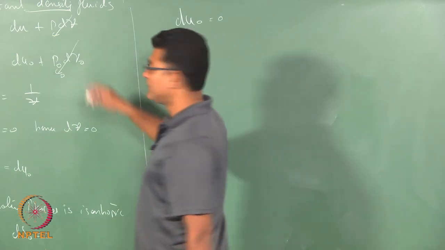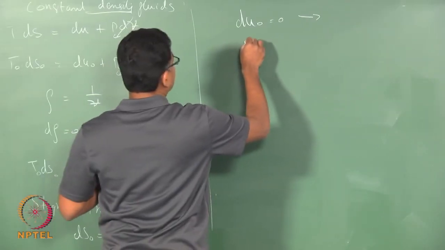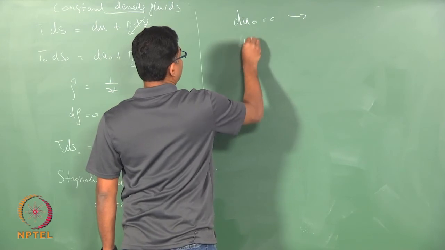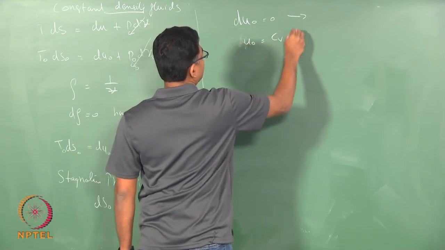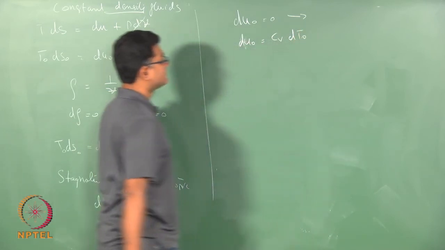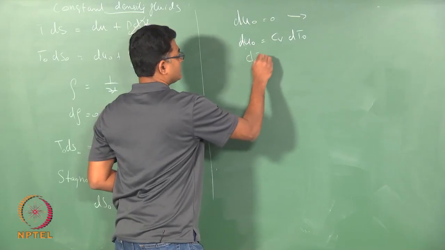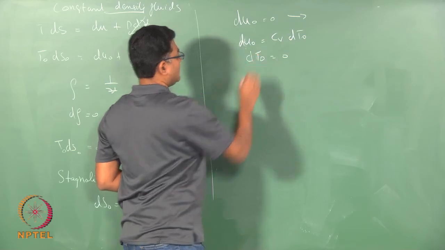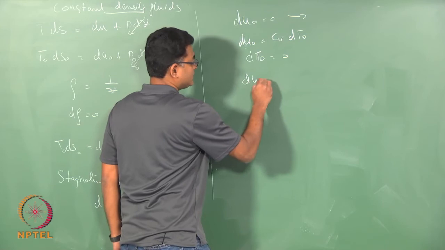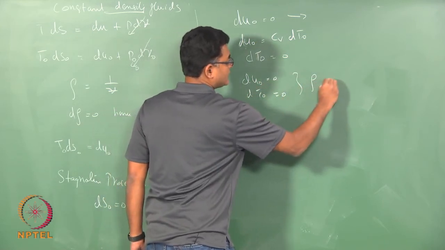So, for a constant density fluid, my u0 is Cv, du0 is Cv dT0. So, if du is 0, my dT is also 0. So, my du is 0, my dT0 is 0 for constant density fluids,